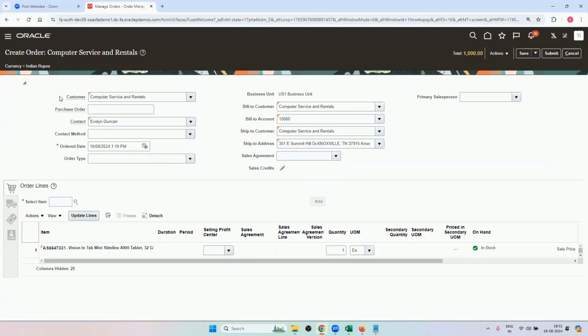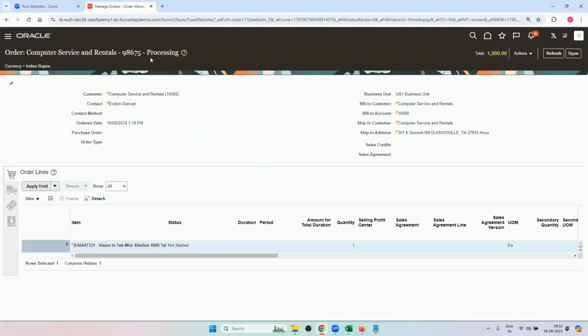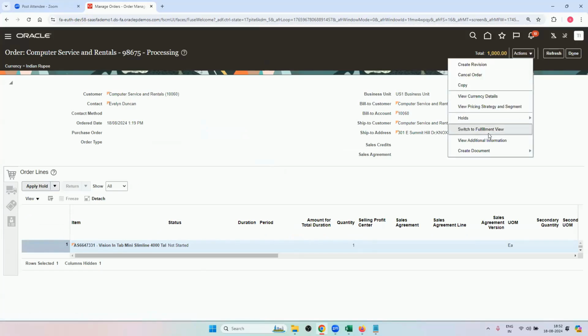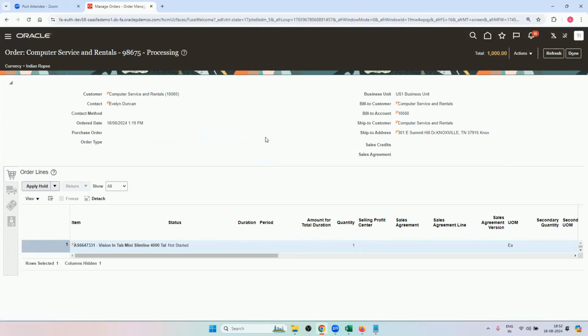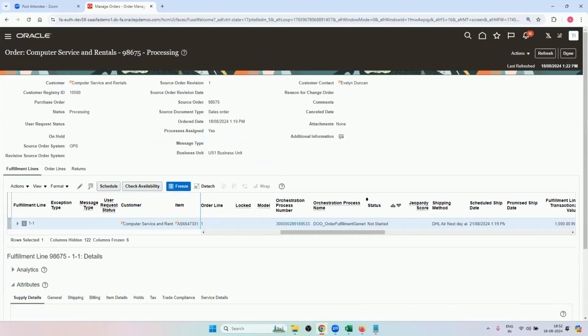Okay. Click on submit. Yes. See, now it has gone to processing, not pending approval, because we have switched it off. Now actions, go to fulfillment view, switch to fulfillment view. Yes. So over here,